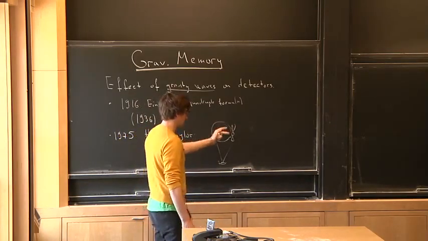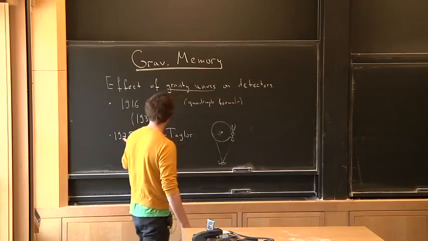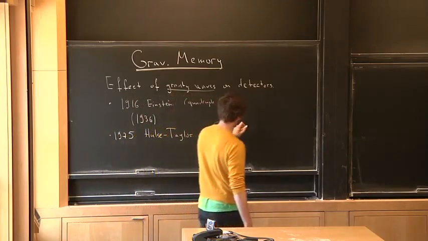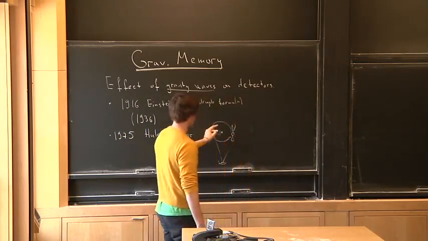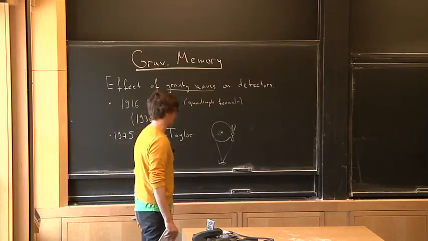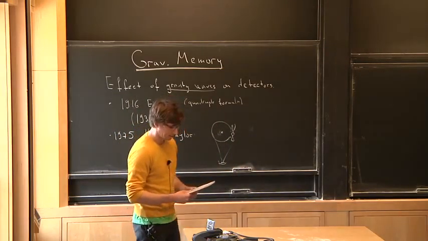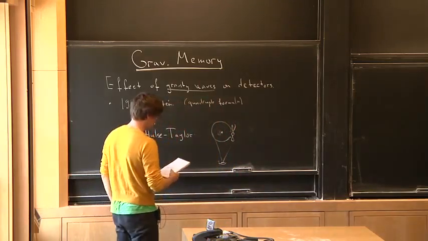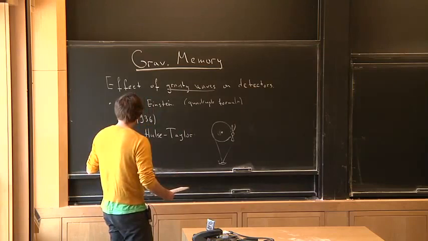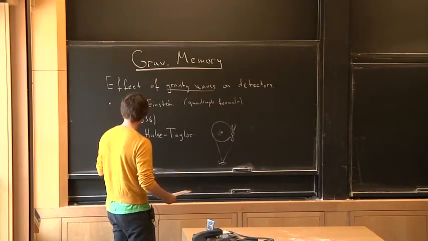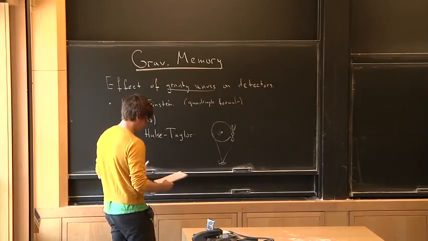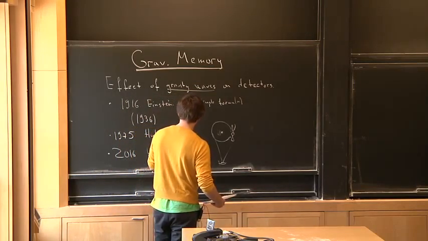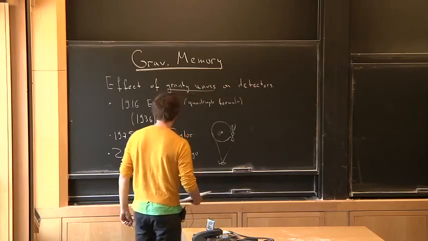And this system has been observed since 1975. And if you look at the plot, it agrees perfectly, the change of the orbital period due to gravity waves. So this is an indirect observation of gravity waves, and they got the Nobel Prize in 1993. And of course, in 2016, so this year, there is this direct observation of gravity waves by LIGO and Virgo,